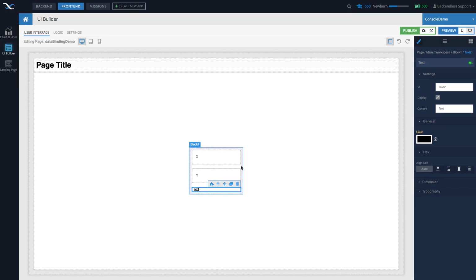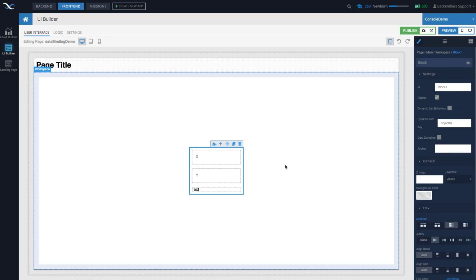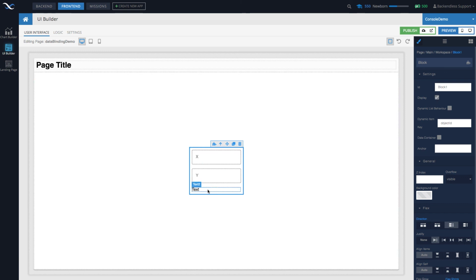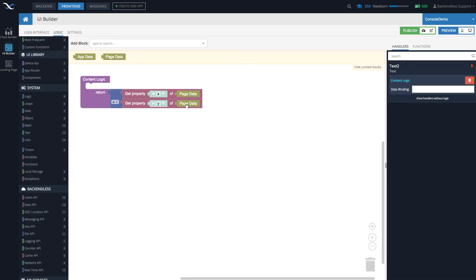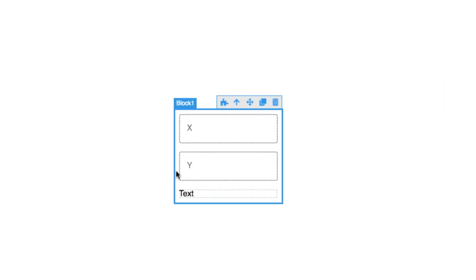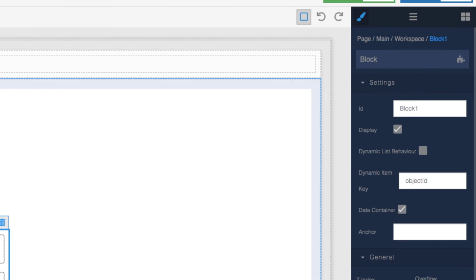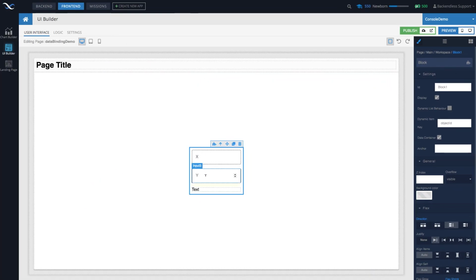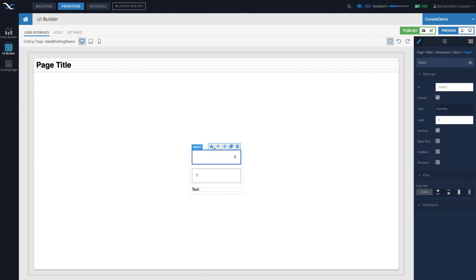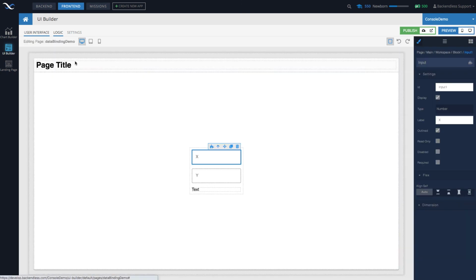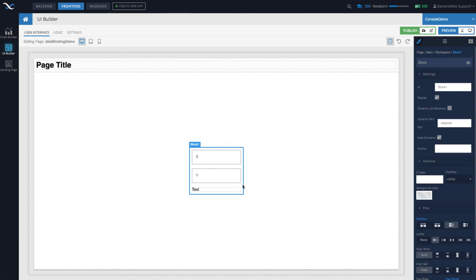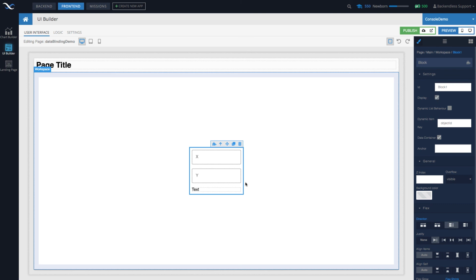And let me go back to that concept of data container that I mentioned. Notice that in our example, the way it is currently written, the label that displays the result of the addition uses page data as the data model. Watch what happens if I select this block and I select it as the data container. In this case, both x and y, whenever they are updated, whenever this data binding works, it will start updating the data model at the block level, because the block becomes the common container that is data container enabled.